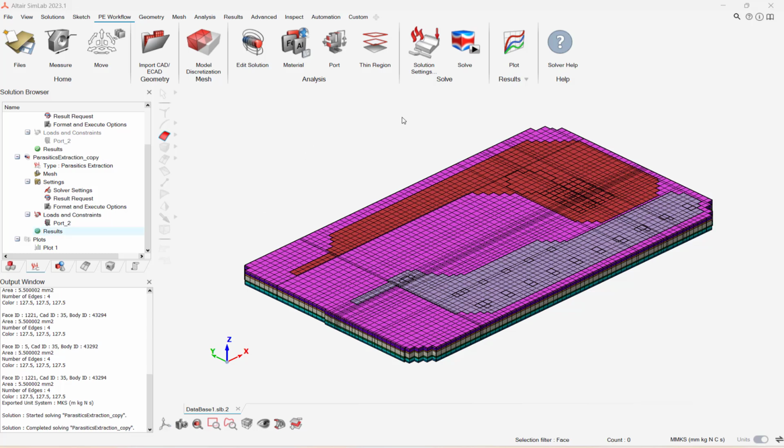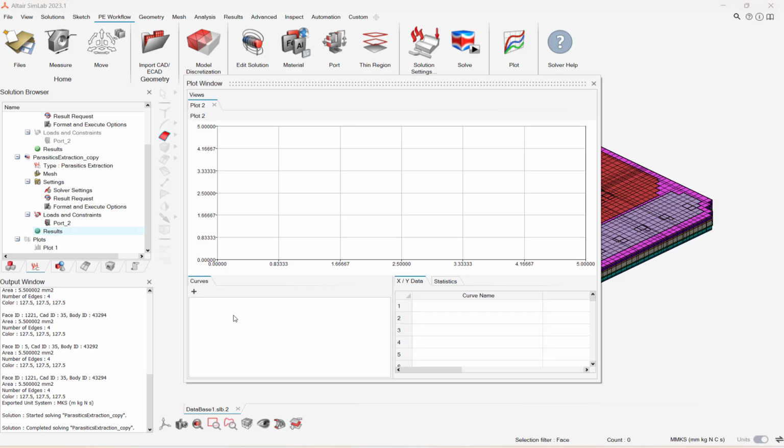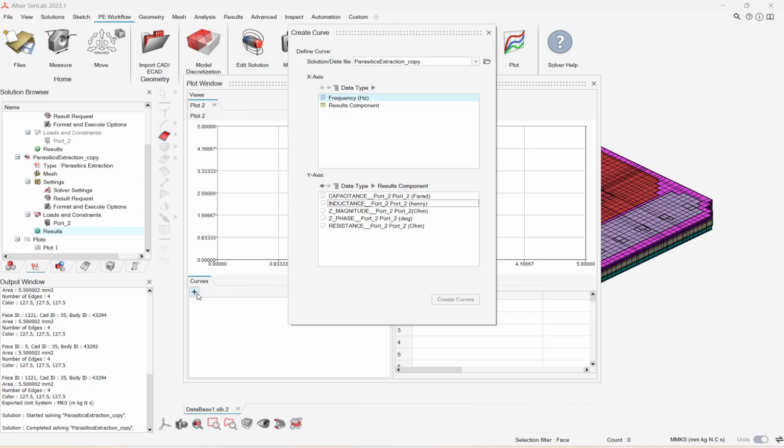After waiting for a couple of minutes, we can see that the model is solved. Now to view the plot, go to Results, right click, go to View 2D plot. Finally click on Add option and select Z magnitude of port 2.